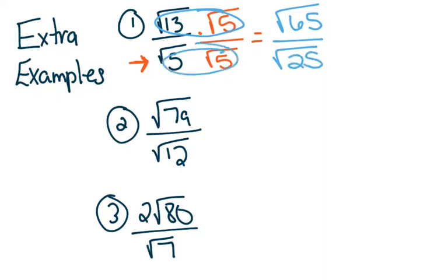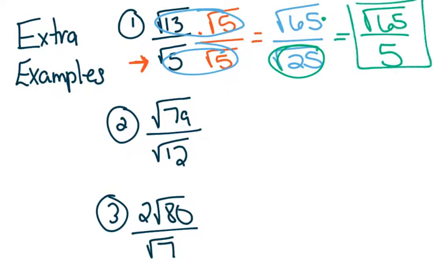When you multiply these guys together, you get excited because you know that the square root of 25 is just 5. There are no perfect squares that go into the square root of 65, so we leave it as the square root of 65. All right, number 2, this is the one where we have to be a little careful